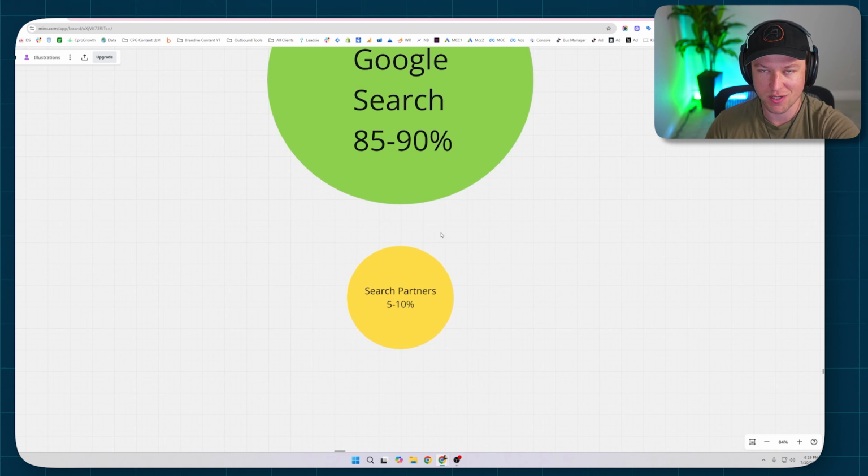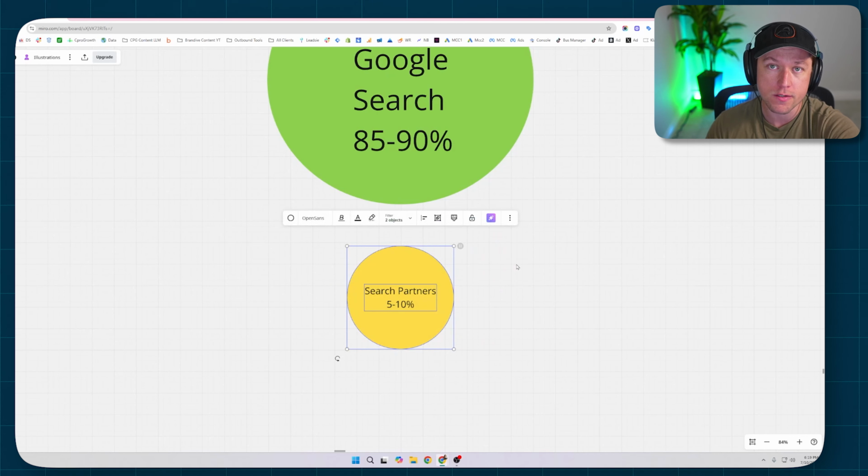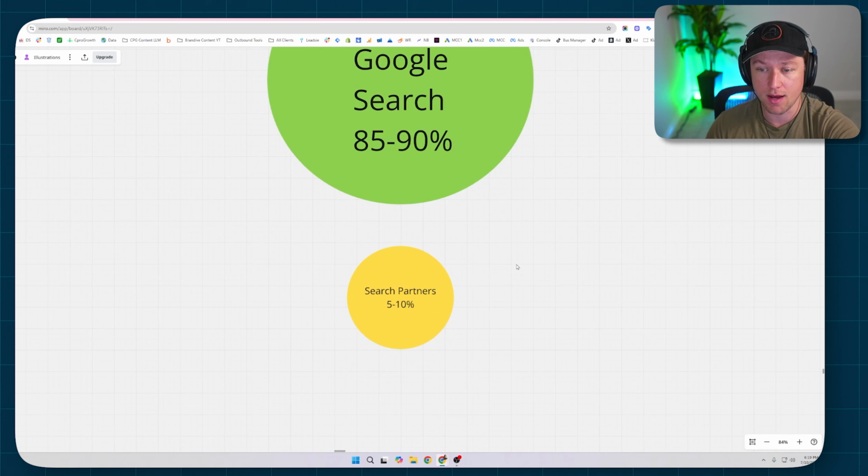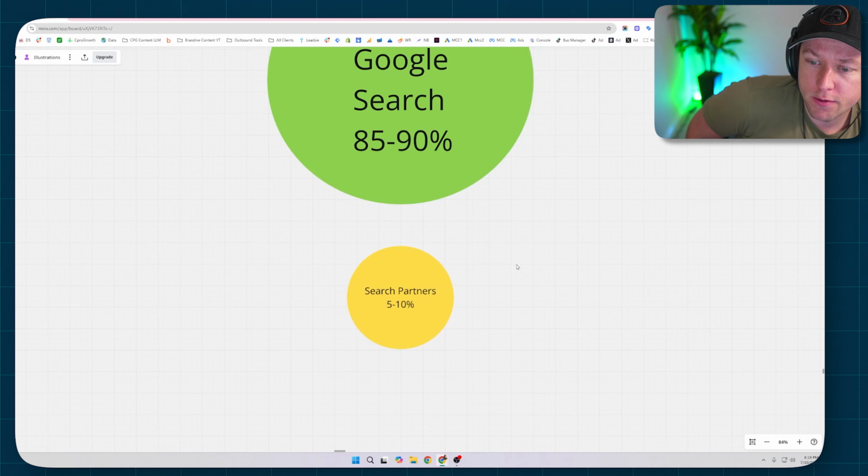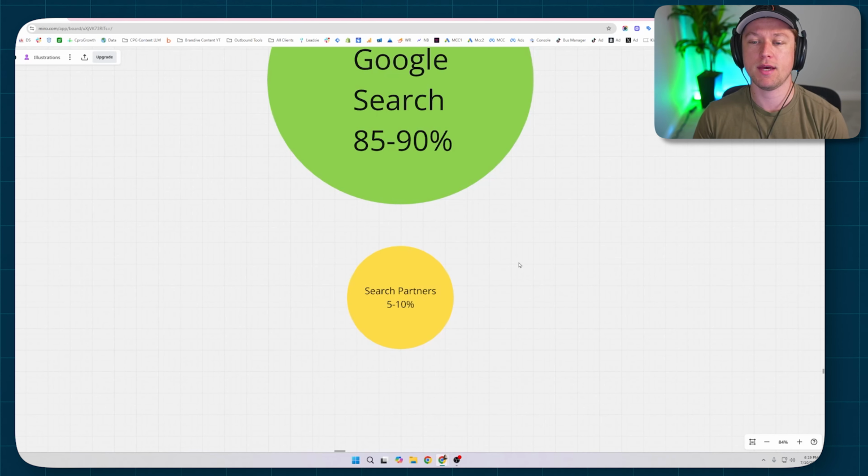Now, not to say that search doesn't have bot protection, because God knows that there's a lot of bots on search as well. But the issue comes down to it's kind of the Wild West for that 5 to 10%. Now, there are a lot of cases though where accounts will perform a lot better on search partners and get a lot lower CPCs. It's typically more local businesses that tend to do better on search partners, but I like to stay away from